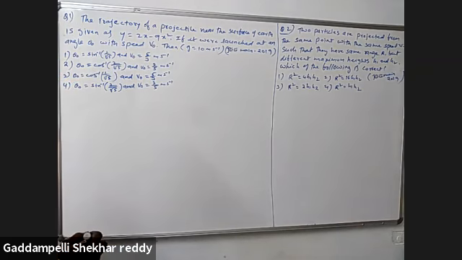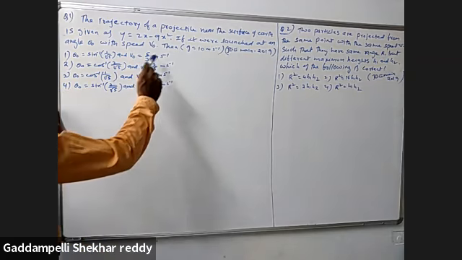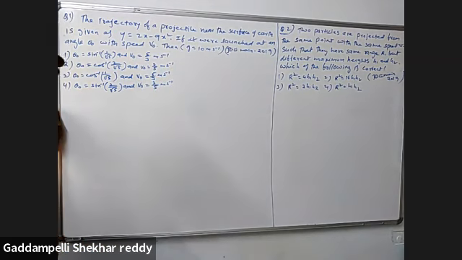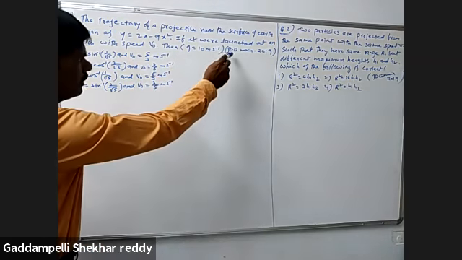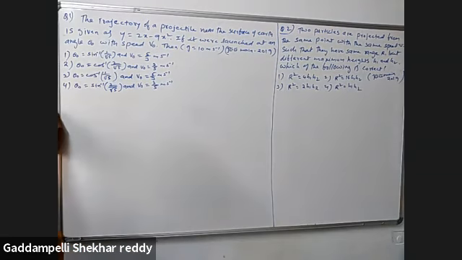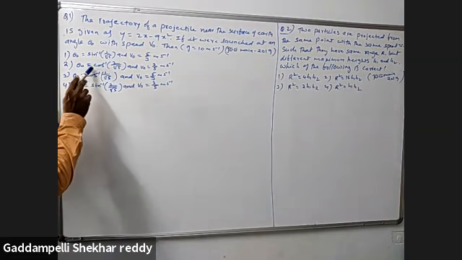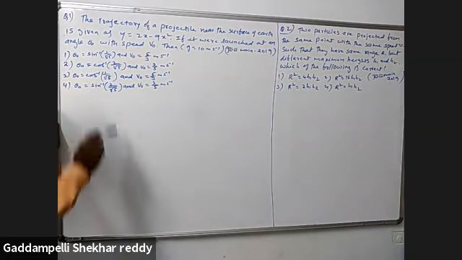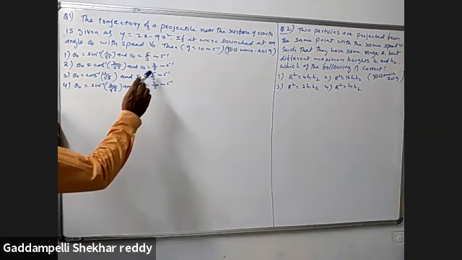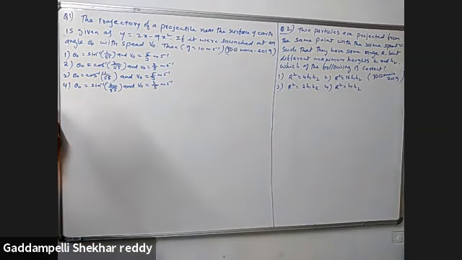First question: the trajectory of a projectile near the surface of the earth is given as y is equal to x minus 9x squared. If it were launched at an angle theta naught with the speed v naught, then g is equal to 10 meter per second squared. This question appeared in JEE Mains 2019. Your answers are given: first, theta naught is equal to cos inverse of 2 by root 5 and v naught is equal to 3 upon 5 meter per second.